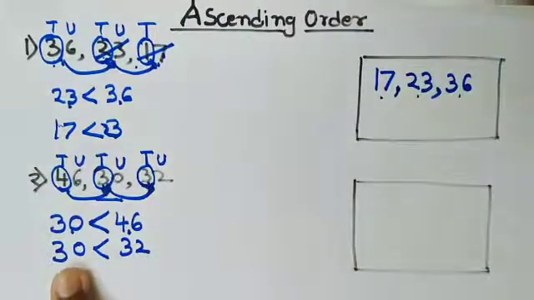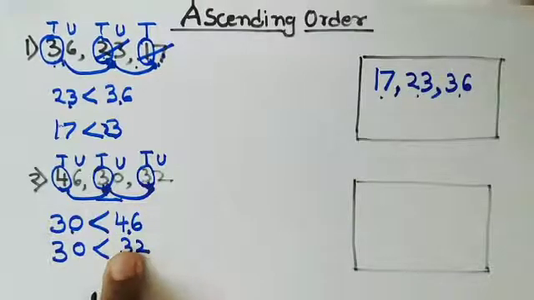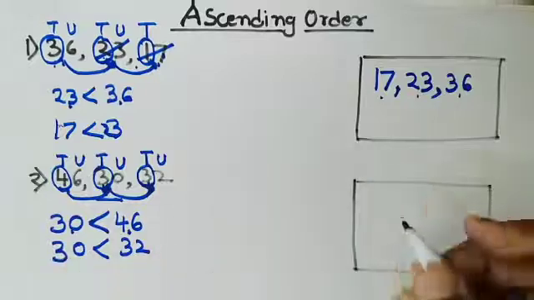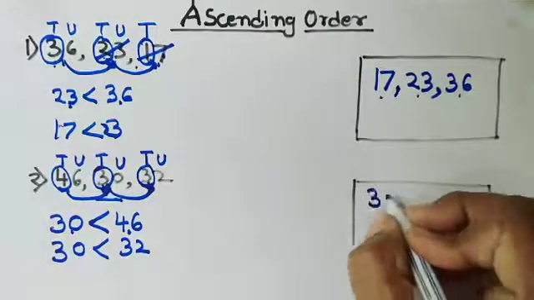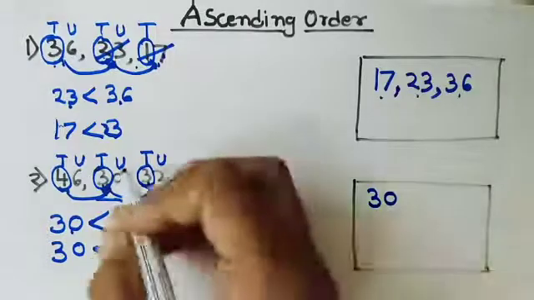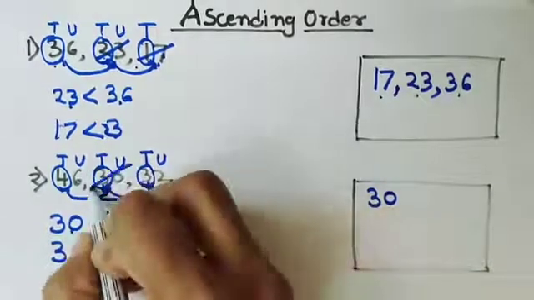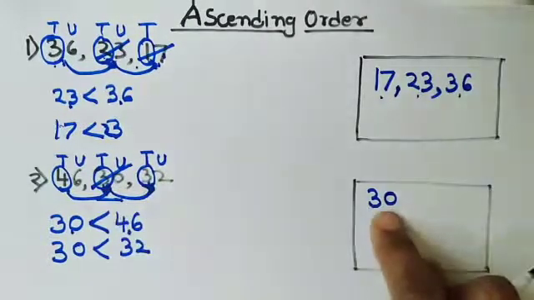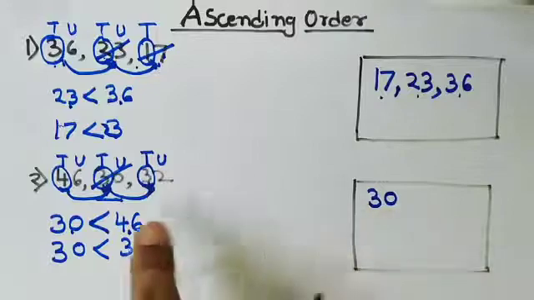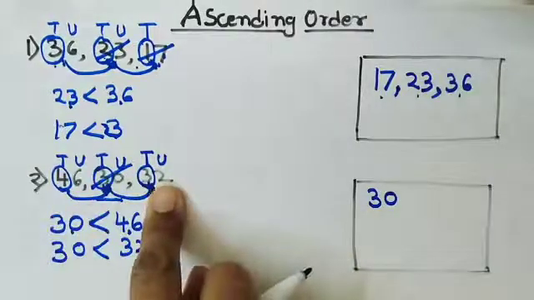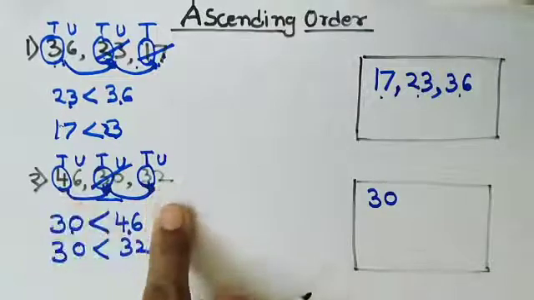So what will we find with this, children? That from both the numbers, 30 is smaller. So we will write the number 30 first here. This is the smallest number. So out of these 3, first we will cut this number because we have written this number here. Then again, out of the remaining numbers, which number is smallest?